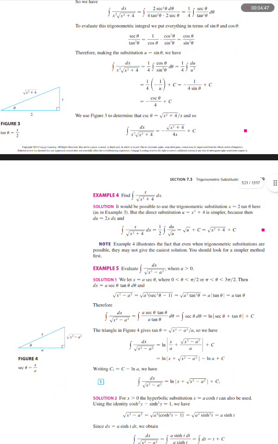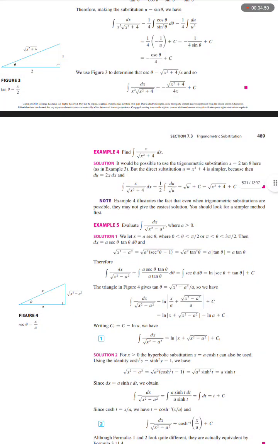Example 4. Find the integral of x over the square root of x squared plus 4 dx. Solution. It would be possible to use the trigonometric substitution x equals 2 tangent theta here as in example 3, but the direct substitution u equals x squared plus 4 is simpler, because then du equals 2x dx, and the